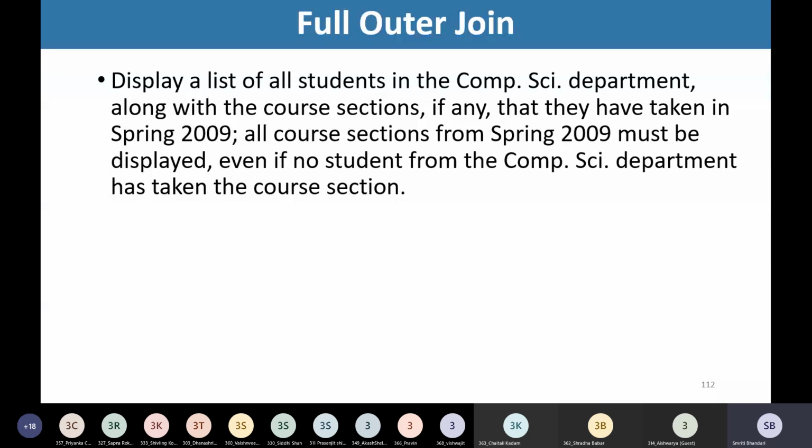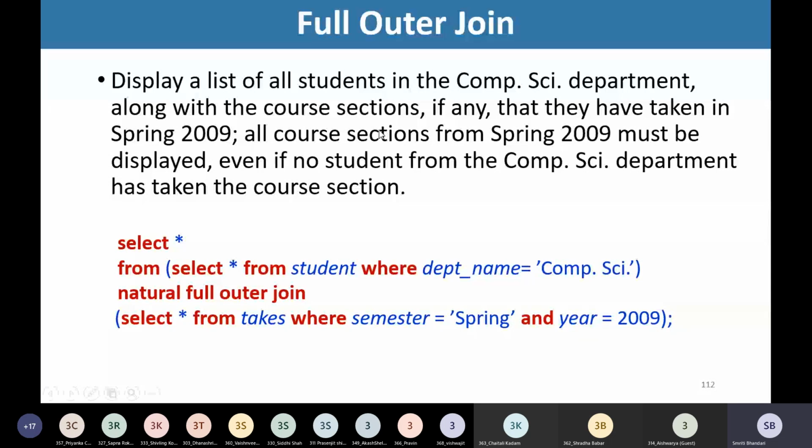All course sections from spring 2009 must be displayed, even if no student from the computer science department has taken the course section. So this is what we want to extract.